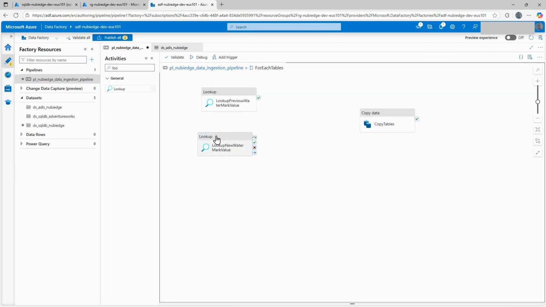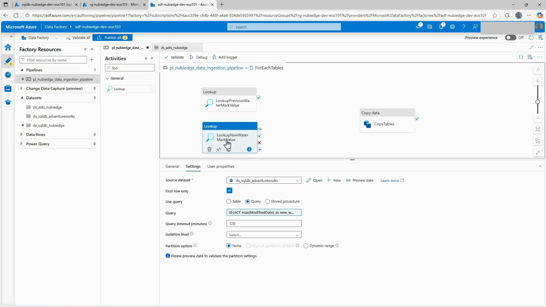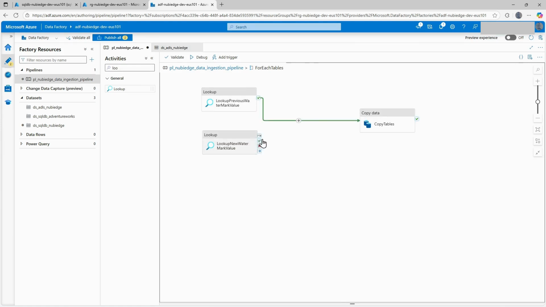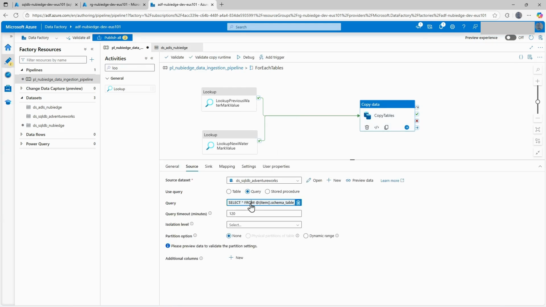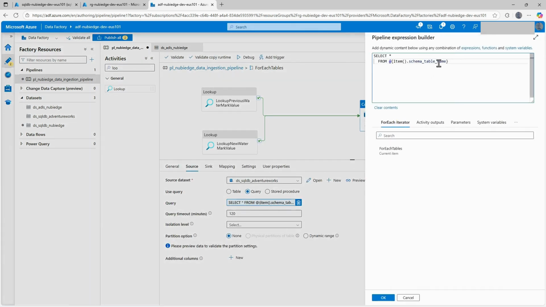Okay, so these are the two lookup activities. This one goes into the watermark table in the Azure SQL database and gets the watermark value for the table that's coming from the ForEach loop. And that one goes into the on-premises SQL Server database, AdventureWorks, and gets the maximum modified date. So if I connect these two to the copy activity and modify the query for the copy activity,